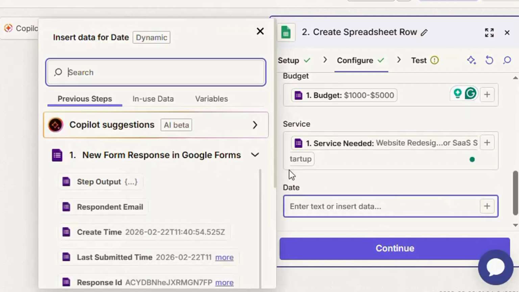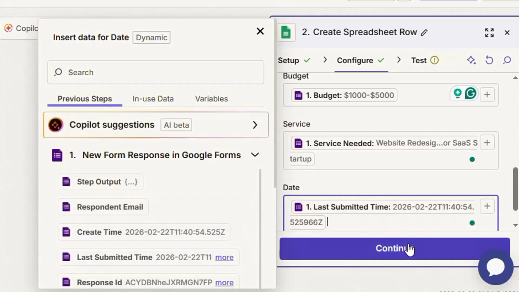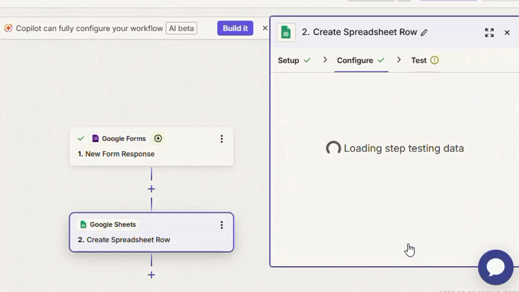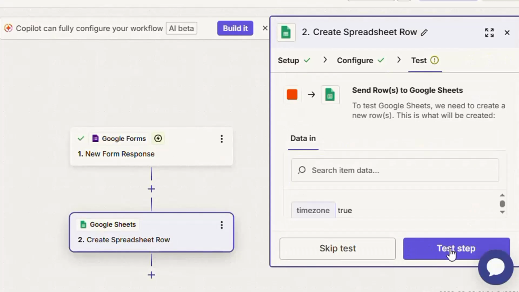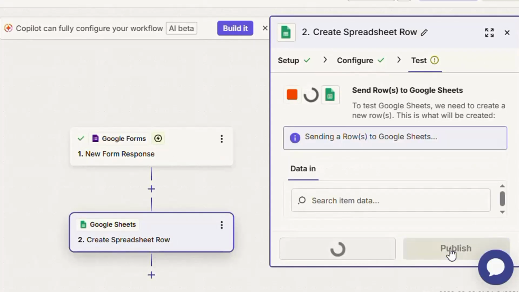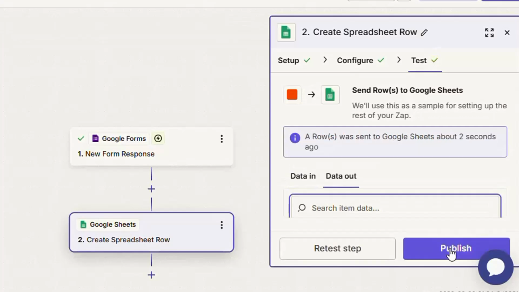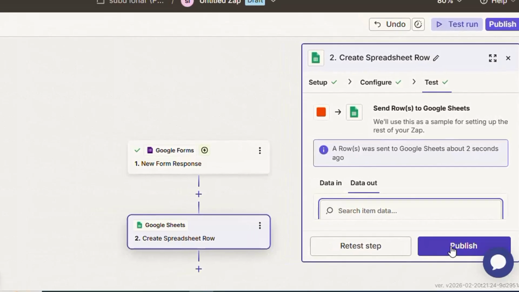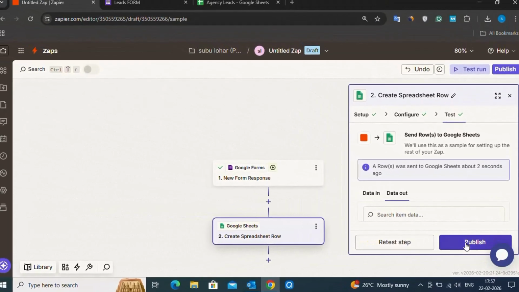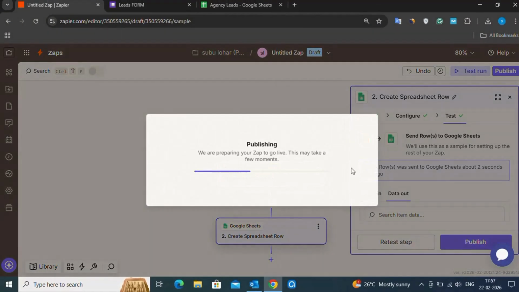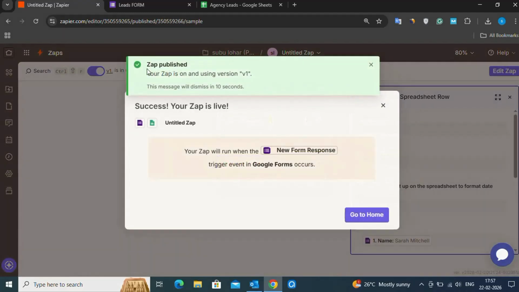Select the timestamp date and click continue and test the step. Now publish it, and we will see that a new row of data is created in our spreadsheet. Let's see it. See,